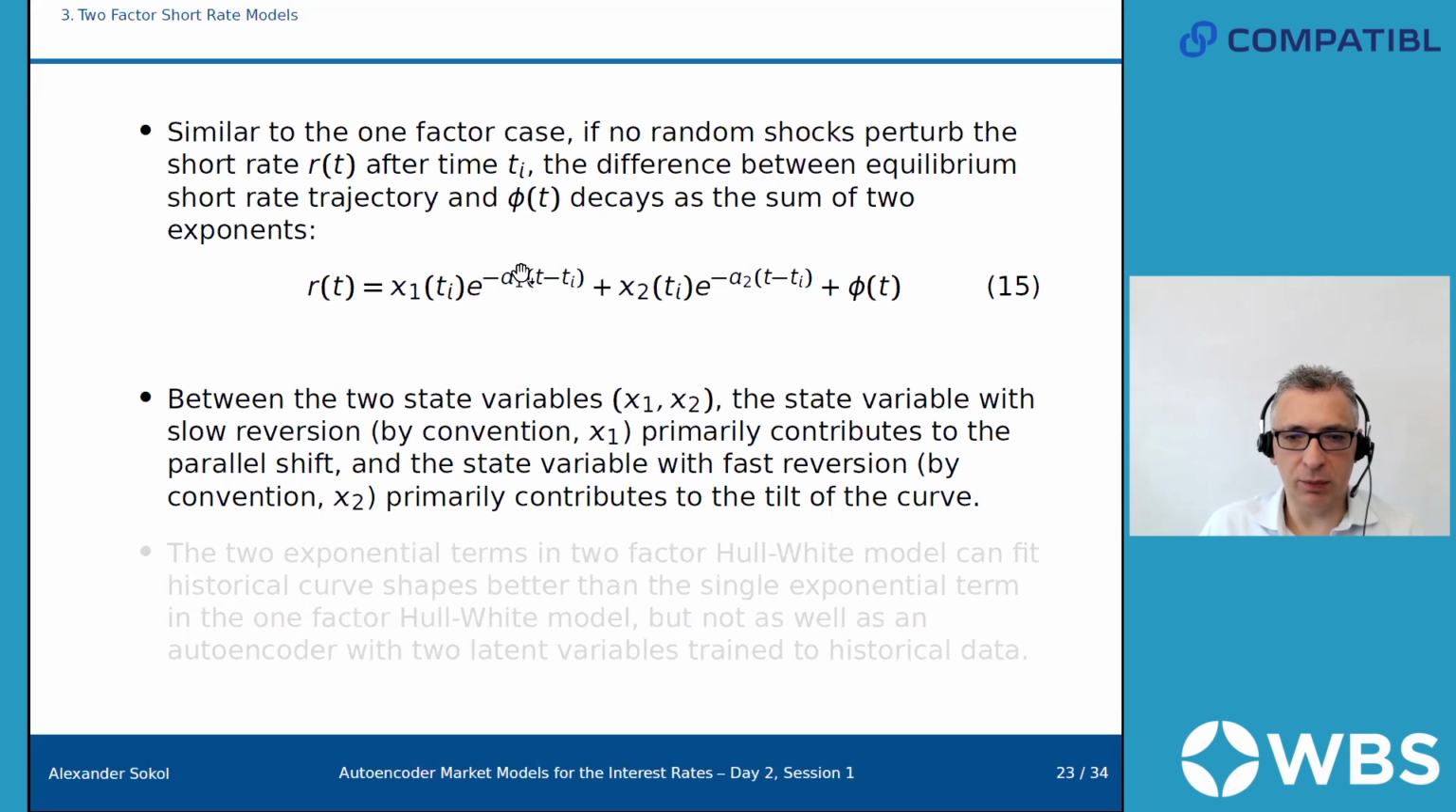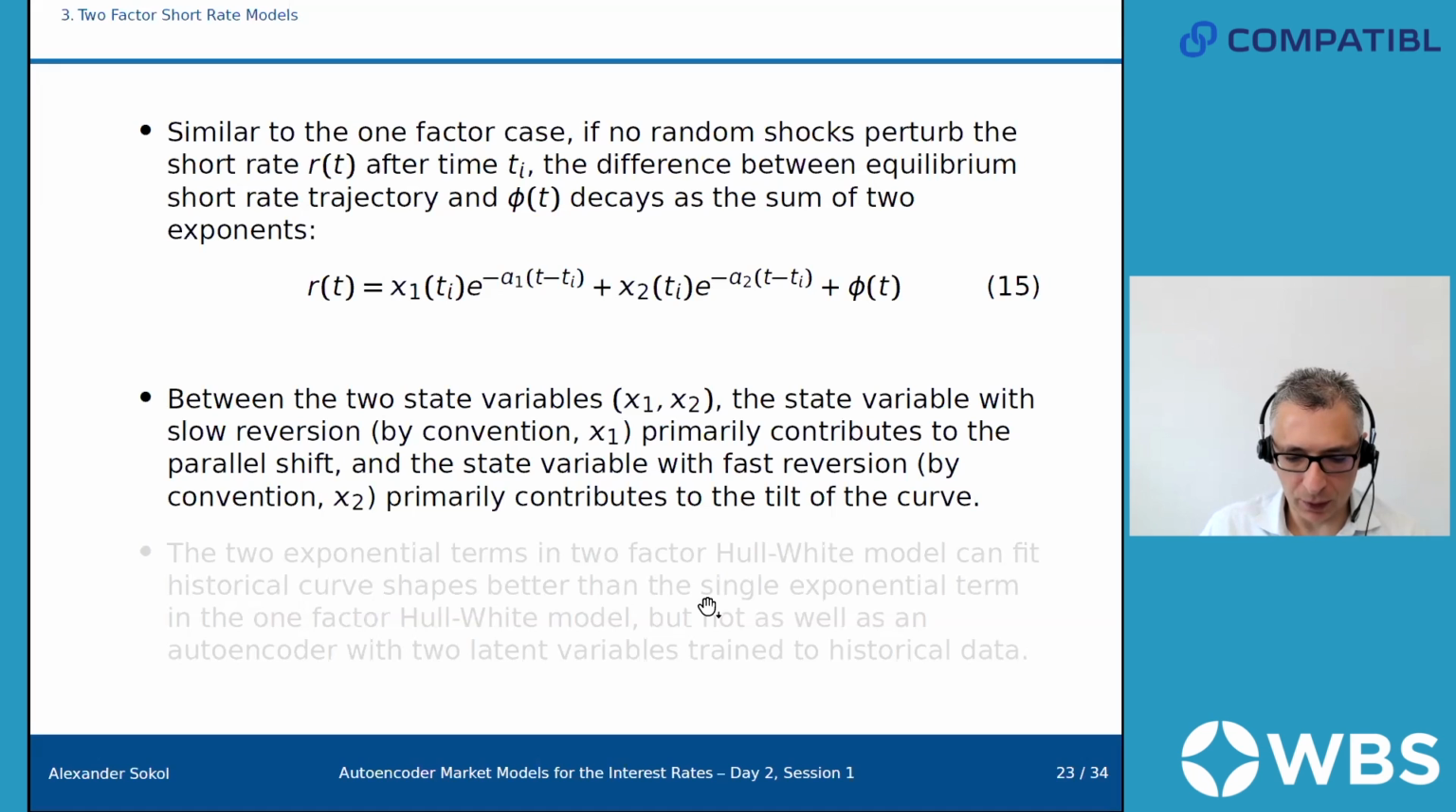Right, because essentially, if there is a small a, then it will basically shift the entire trajectory for a very long time. The state variable with fast reversion primarily contributes to the tilt because it only moves the start of the curve, but not the end of the curve. So one of them is sort of the parallel shift, and the other one is sort of the tilt. Or rather the combination of parallel shift and tilt